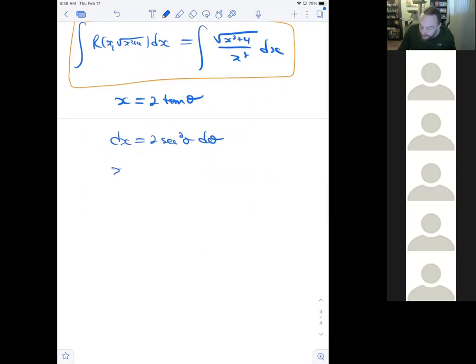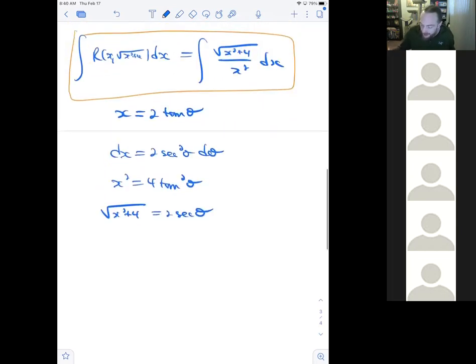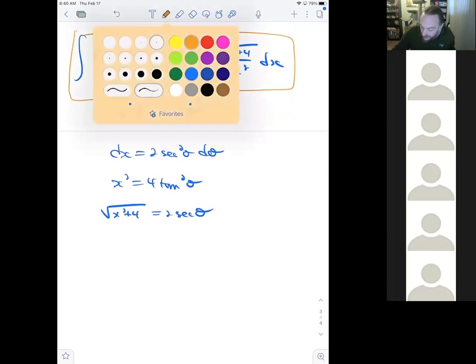And x squared is 4 tan squared theta. And the square root of x squared plus 4 is equal to 2 secant theta. It'll get faster, but you can put the substitution of the x in there with the square root. The whole point of this is to get rid of the square root in this radical. So now that I have those things of my trigonometric substitution,